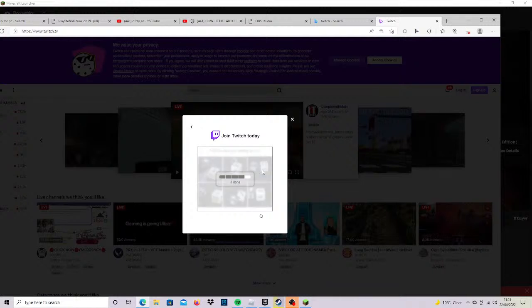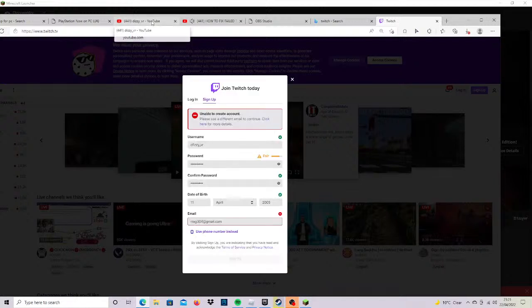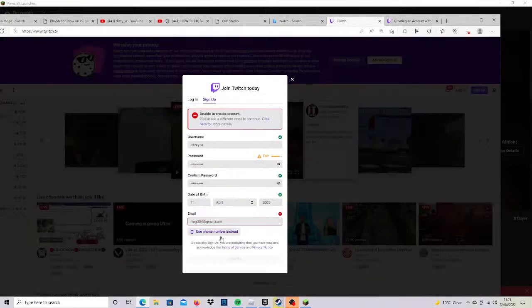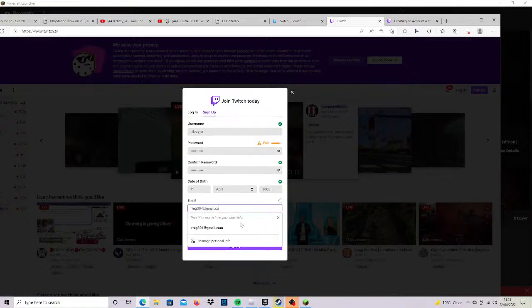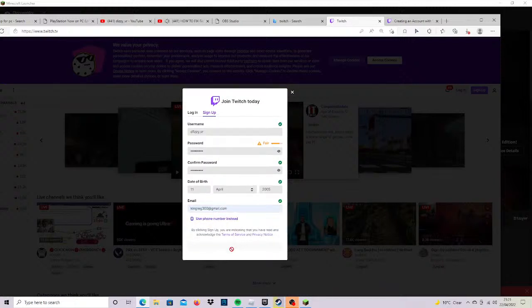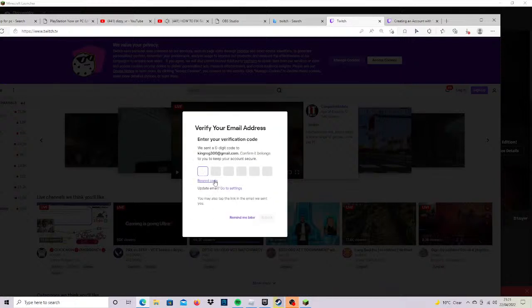Go to where OBS is installed. For me, it's in my C drive. You might have installed it in your D drive or whatever drives you have. Just find where you installed it, and the folder will be labeled OBS-Studio. Click on that, and the actual application is in the bin folder. Choose whichever architecture you want. If you have a 32-bit computer, choose that. If you have a 64-bit computer, choose that. So